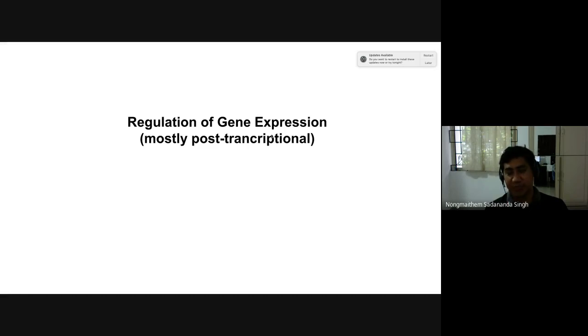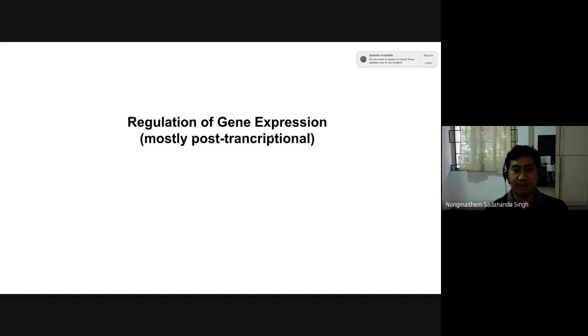And transcriptional factors can also interact in different ways in different tissues and give rise to different sets of gene expression, with the few transcriptional factors that we have talked about. And of course, we also talked about histone modifications that may have implications on transcriptional regulation. Today, we are going to discuss some examples of post-transcriptional or translational